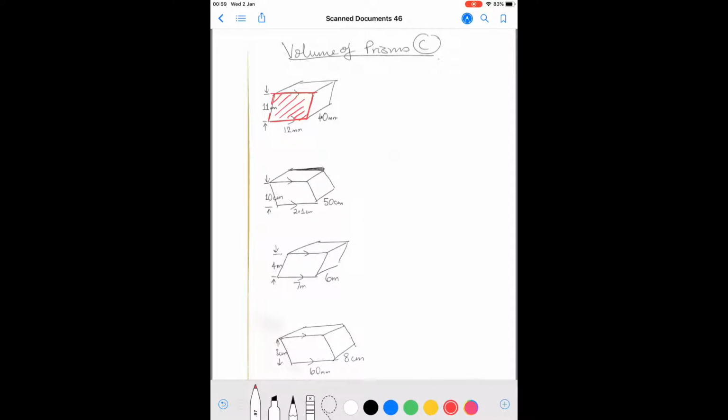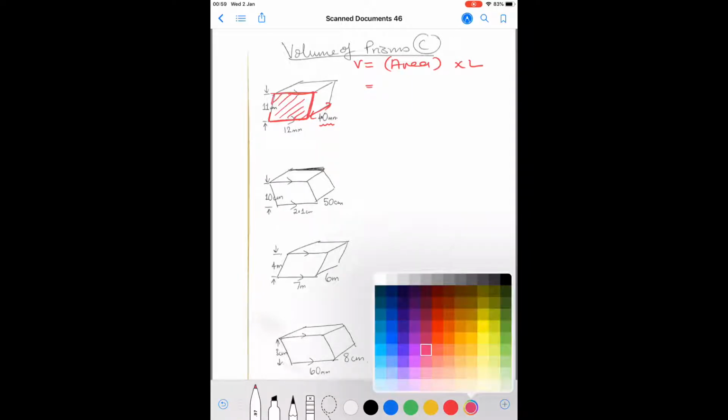So what is the formula for the volume of any prism? The general formula: volume is equal to the area of the cross section multiplied by the length. Well, the area of the cross section is the red part of the diagram. The length is here. This is the length, 4.0 millimeters, and that's 12 millimeters. Now, if I want to work out the area of a